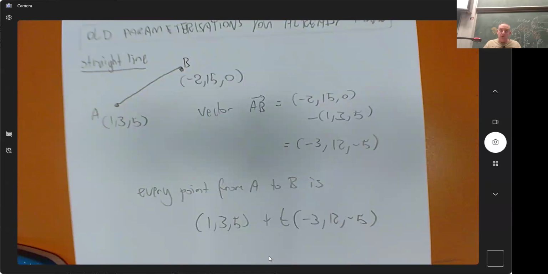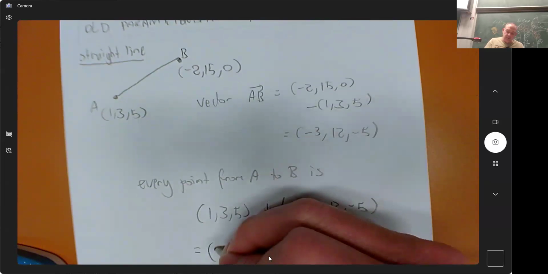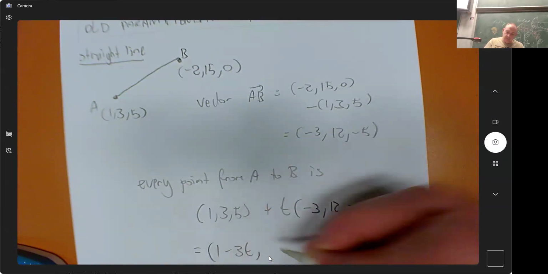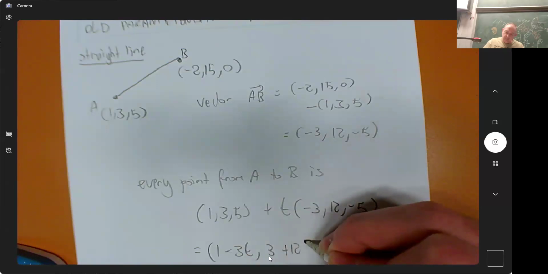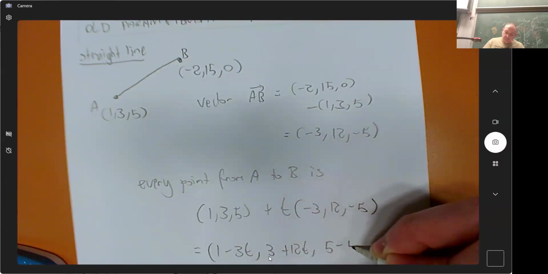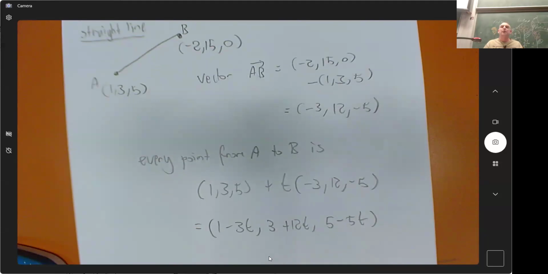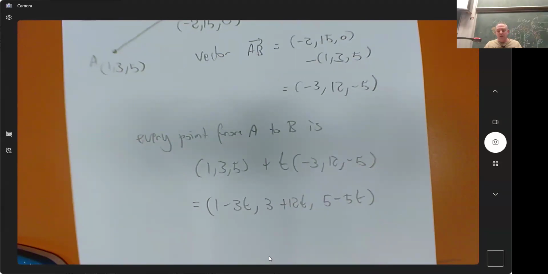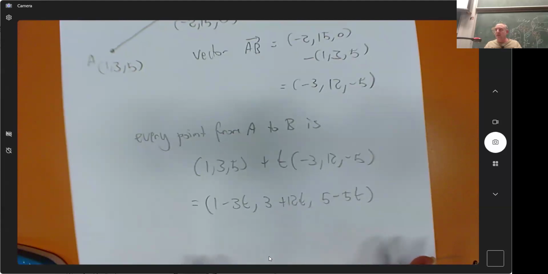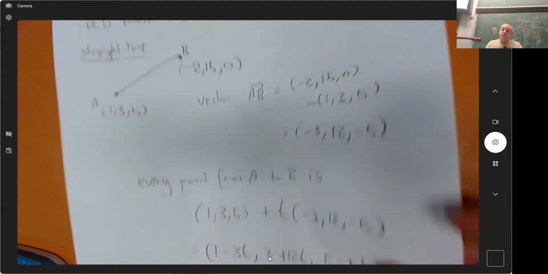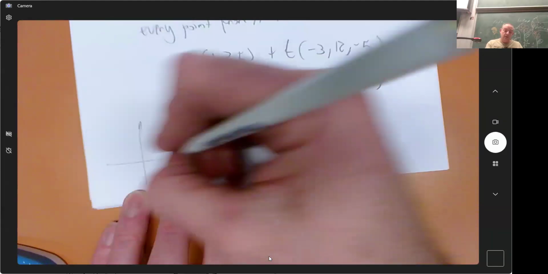And if you really, really want to, you can do this. And that is a perfectly good parameterization of a straight line. That is exactly how you parameterize straight lines everywhere, including in the complex numbers. So if you want a straight line in the complex numbers, just going to be really, really